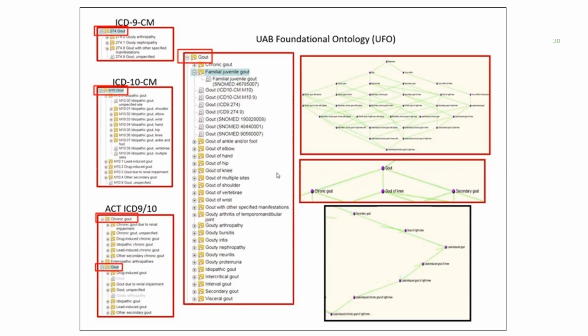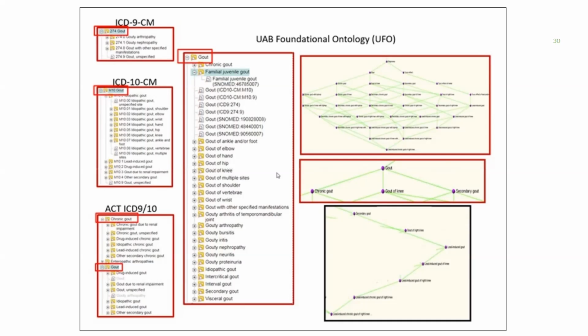ACT is an ontology that's been distributed for people to use for I2B2 searching. It contains a lot of different standards and other content. In that merged view, you can see, sorry it's so small, that chronic gout and gout are siblings. And that comes from ICD-10 CM. Normally you would think that gout should be the overarching parent, and that chronic gout should be part of that. So on the right, you can see what we call the UAB Foundational Ontology, or UFO, which makes for a fun acronym,